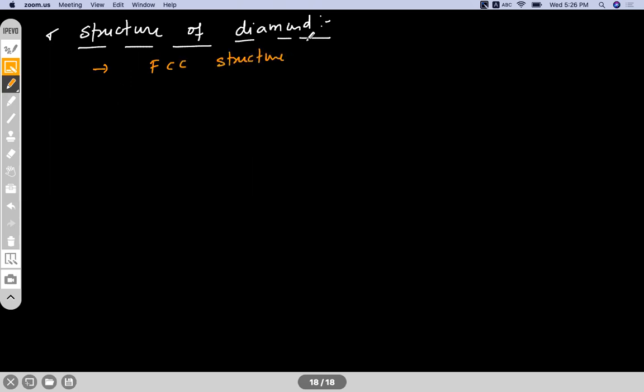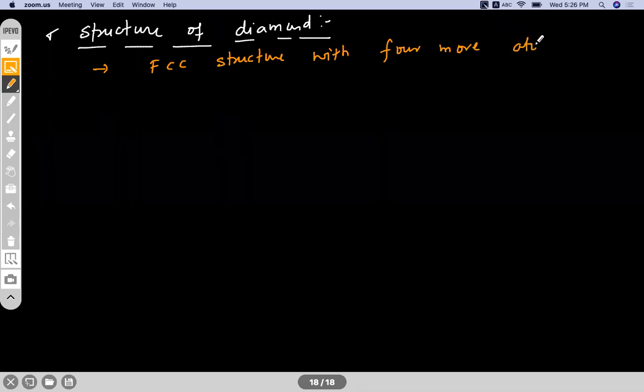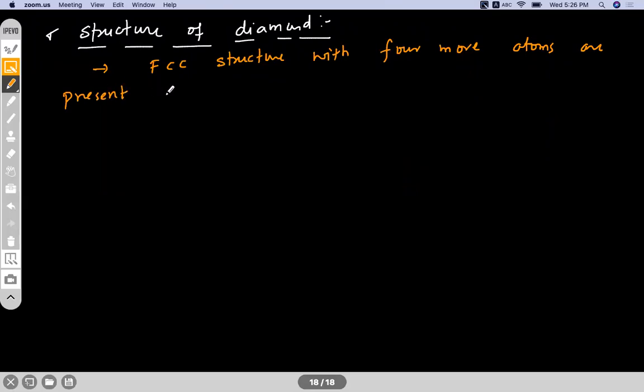But along with this, there are 4 more atoms present. So FCC structure with 4 more atoms present in alternate TVs, alternate tetrahedral voids. Tetrahedral void. Okay. So